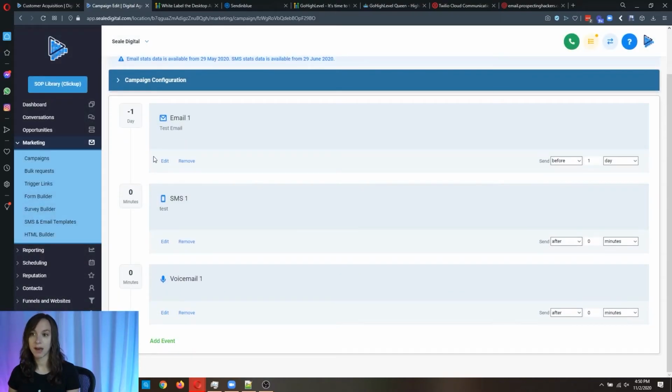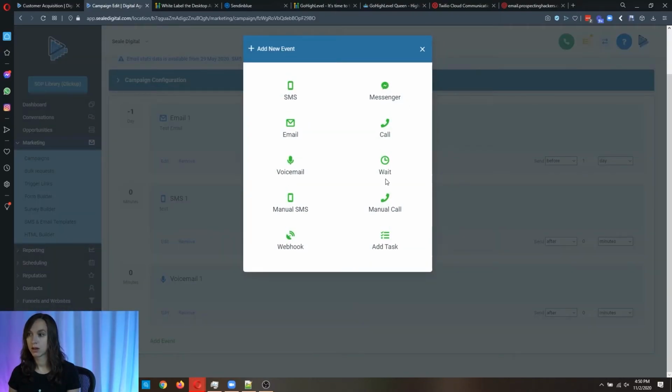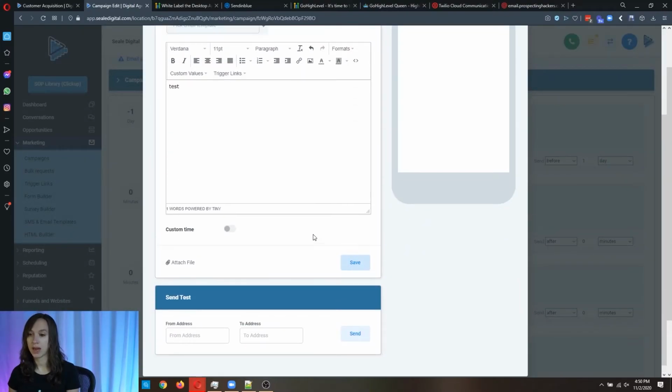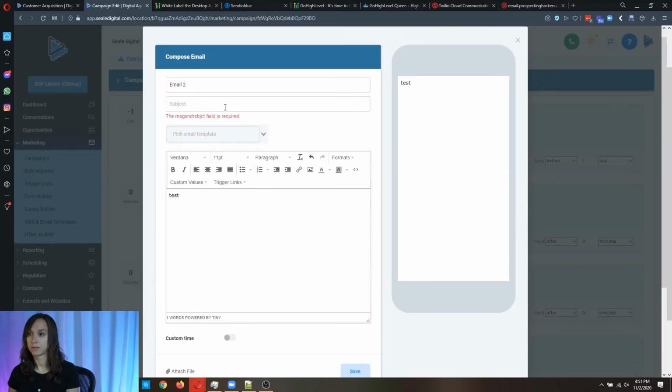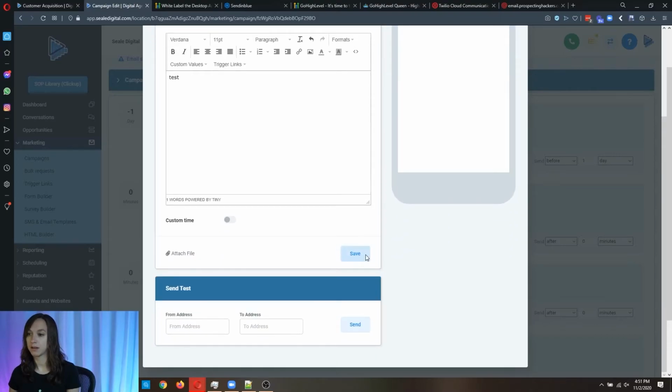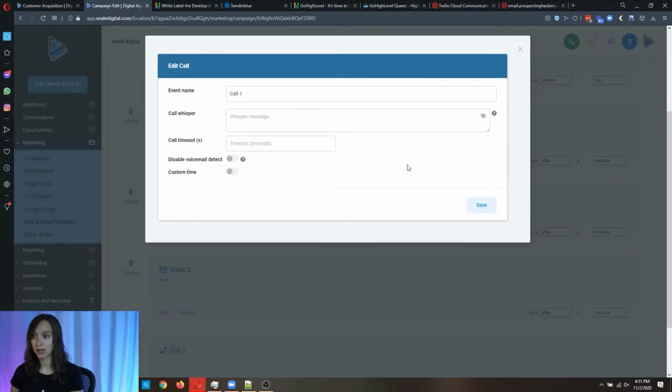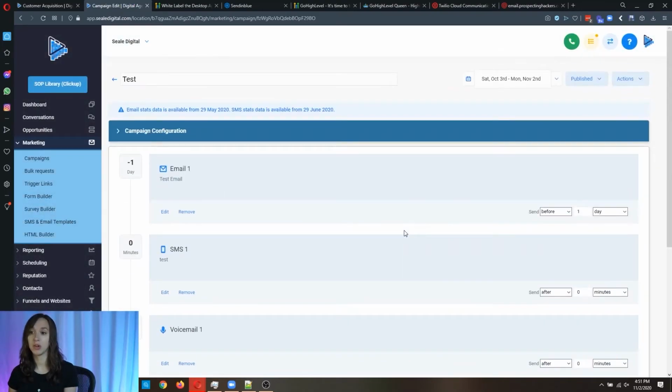You can email them. Okay. It's going to freak out about the subject. You can even do a forced call. Okay. You can do all those things whenever someone comes in from Facebook automatically. How cool is that?